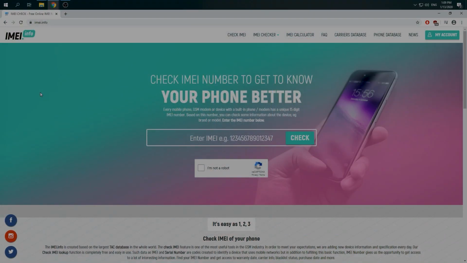Hello, in this video I want to show you how to check the OPPO R17 Pro country. In the very beginning, you have to open a browser and then go to IMEI.info website. When you are here, just enter your IMEI number to the empty bracket in the middle of the screen, go for a captcha protection,